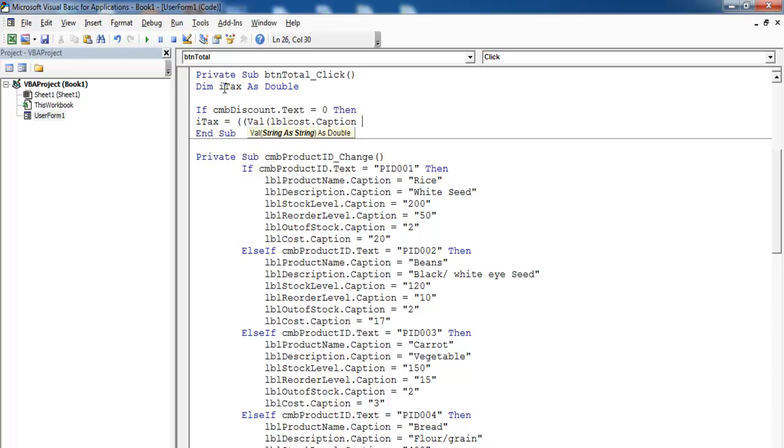LBL cost .caption. We multiply that by value, that'll be